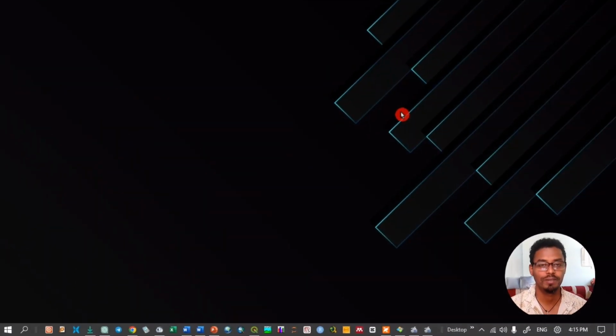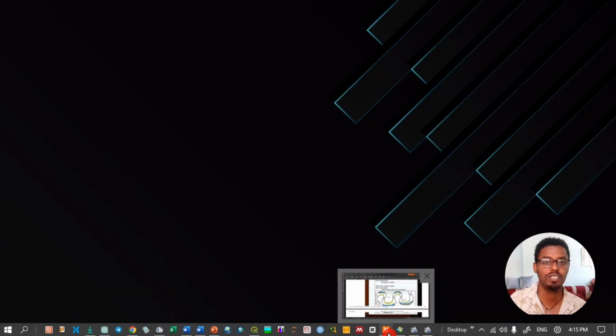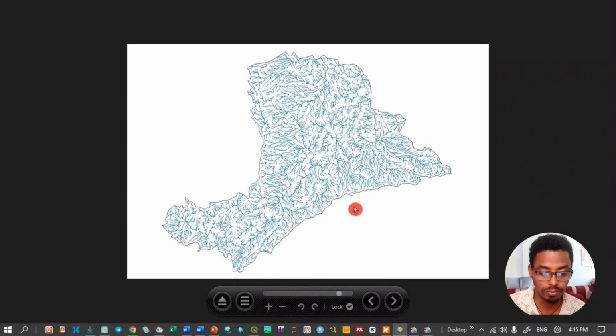Hi, good morning. Today we'll see how we can change the stream flow shapefile data we have into a proper form, so that we can simply identify the stream orders and also style the stream orders by size as per their order. In this regard, today I will show you how we can use QGIS to change our